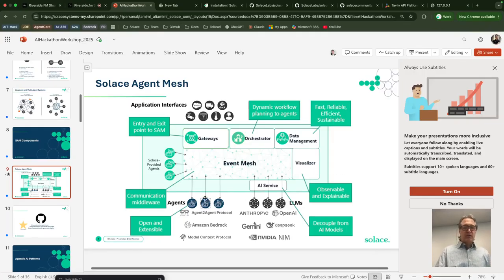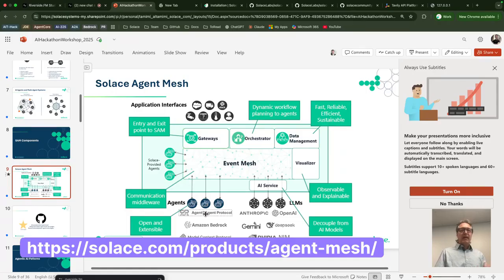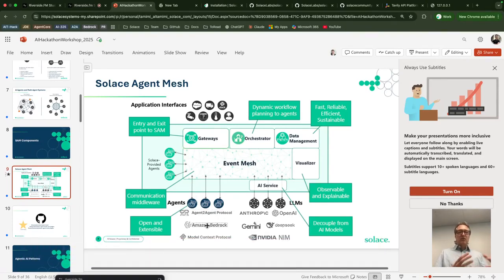And then we've got agents. We have some Solace provided agents that we built that are part of the framework, but you can also build your own custom agents to do whatever you want, call REST APIs, interact with databases, that type of thing. Also, we support A2A agents. If you built an agent using the A2A protocol, then we can interop with SAM, as well as Amazon Bedrock agents. And for tool calling, we support MCP, which makes life a lot easier because I know that's the way a lot of the tool calling is going these days.